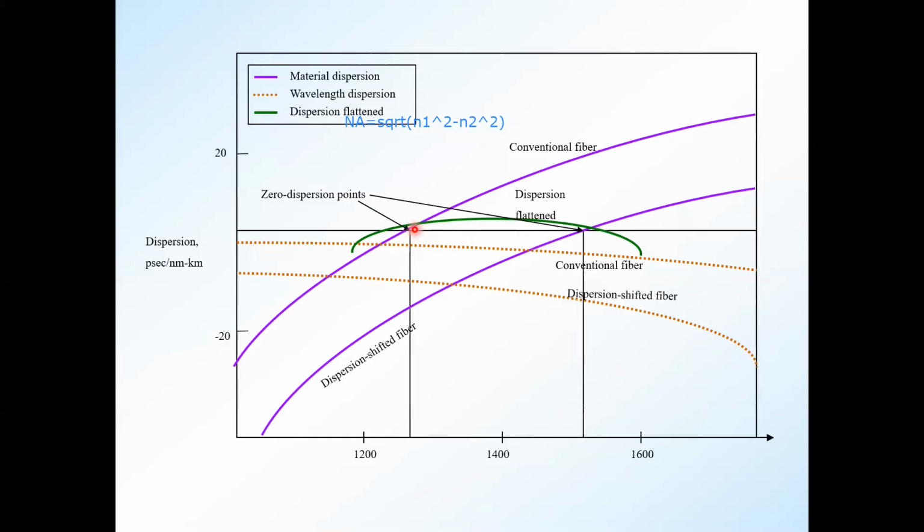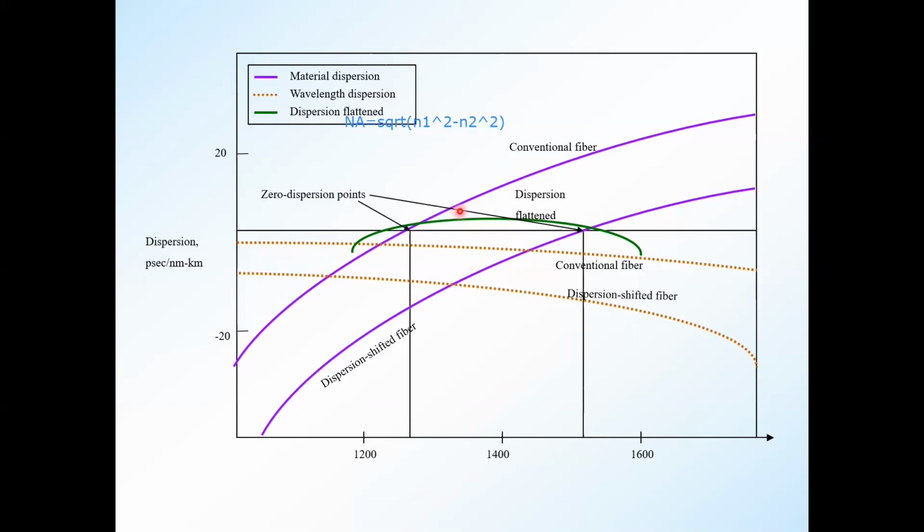Because you'll get a larger value. Another was 1550. Normally, normal fibers have a zero dispersion point around 1330, but 1550 we can use by designing the fibers or with doping, which are called dispersion shifted fibers. So you can definitely shift your zero dispersion point by changing the profile, the relationship between N1 and N2, the properties of the fiber. This dispersion point can be shifted because the higher wavelength is preferred.